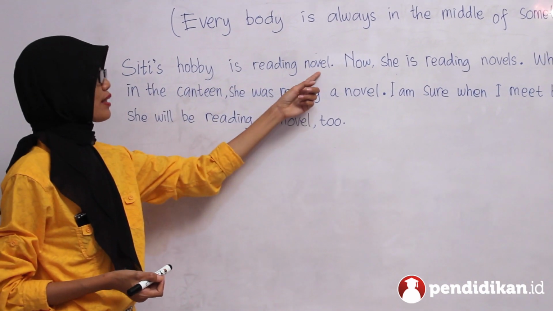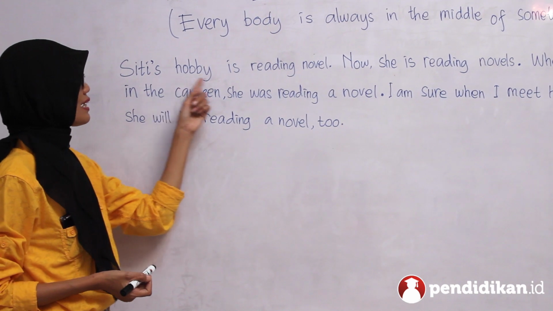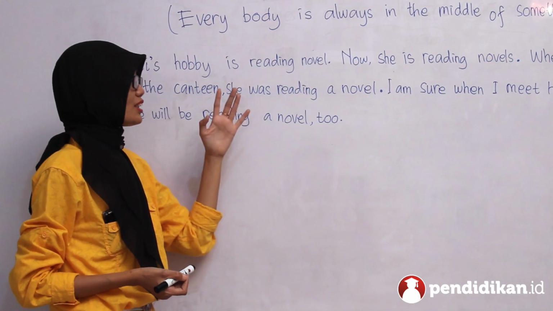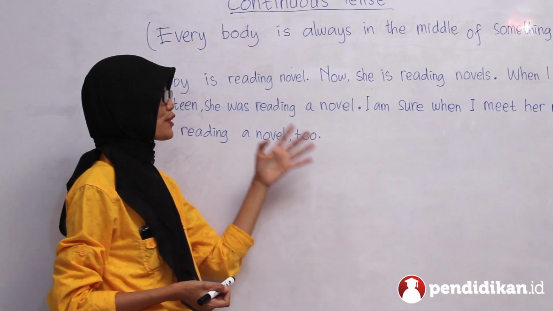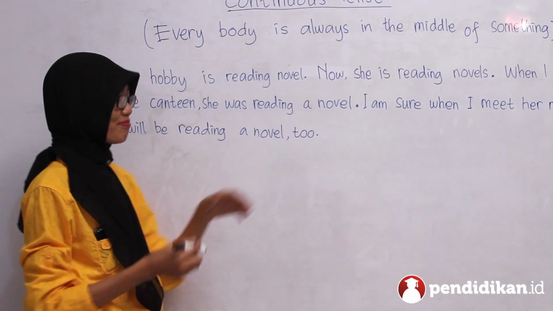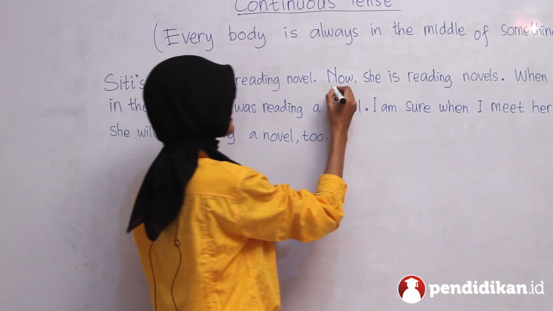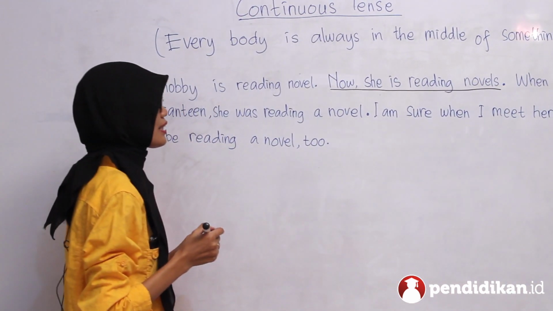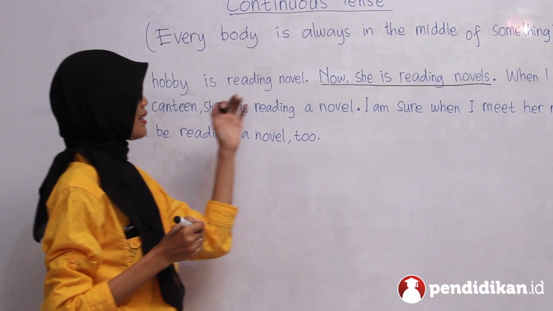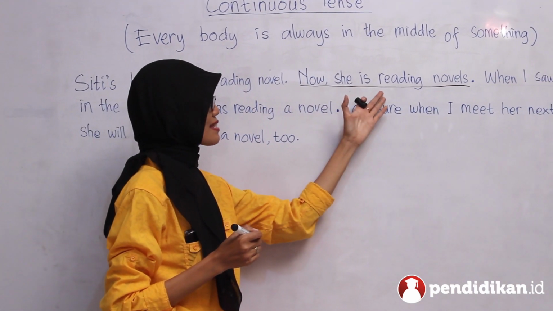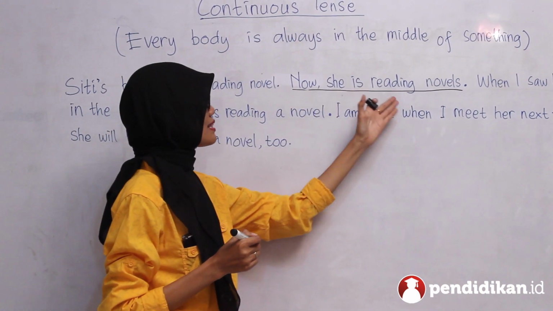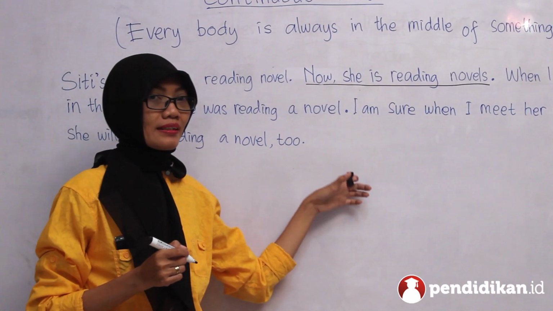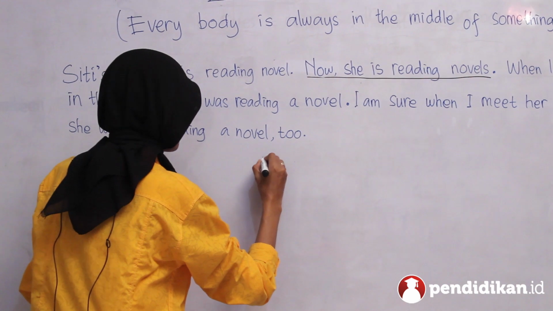Siti's hobby is reading novels. Hobinya Siti adalah membaca novel. Now, she is reading novels. Okay, I will underline the sentence. Now, she is reading novels. This sentence is in the form of present continuous tense. I write